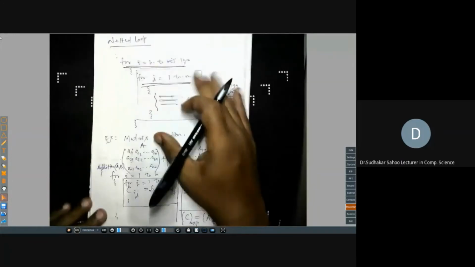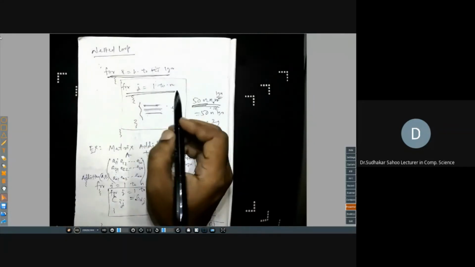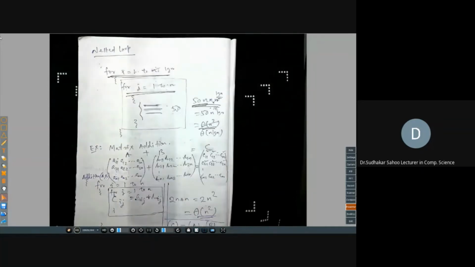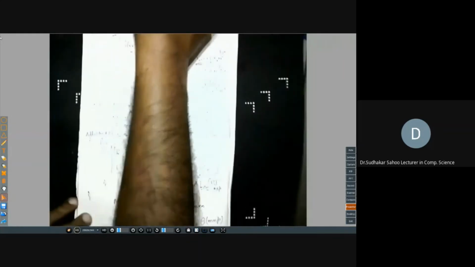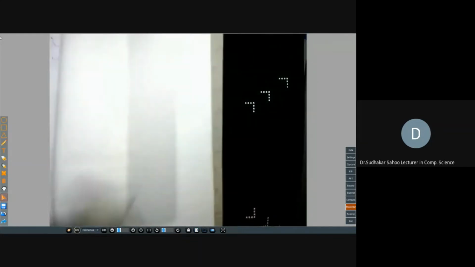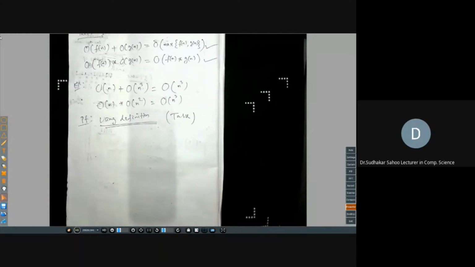Two examples we have discussed. One is matrix addition, which needs 2 for loops. Another is matrix multiplication, which needs 3 for loops. So matrix addition is order of n square, and matrix multiplication requires order of n cube. If the dimension of A is n by n and of B is n by n, then matrix multiplication, with loops i, j, k, will be order of n into n into n. This is one important part you must remember, which we will use.